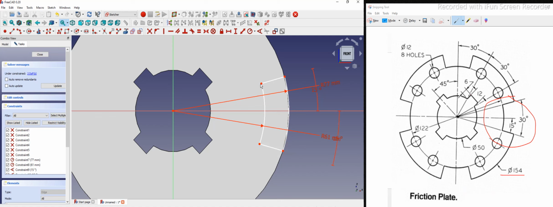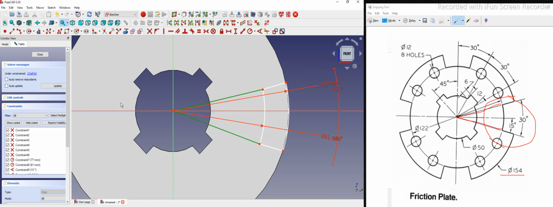So the problem is that this cutout should be pointed to our center point, which is not pointing right now here. So that's why our sketch is fully movable. So for that we will draw a construction line, join this and join this,